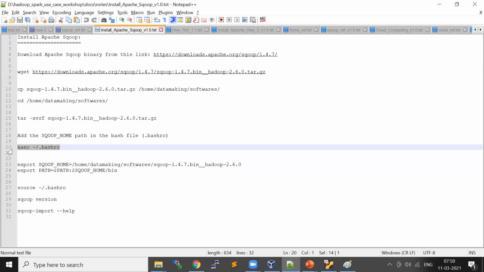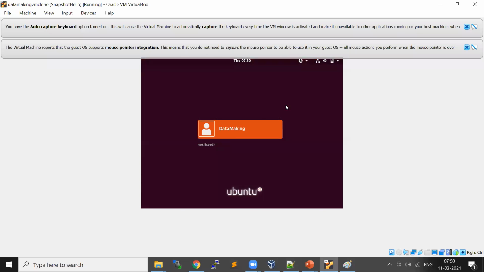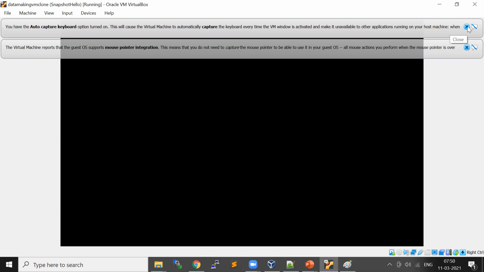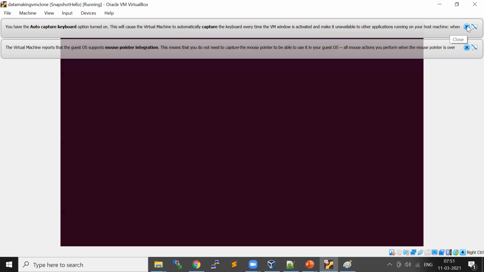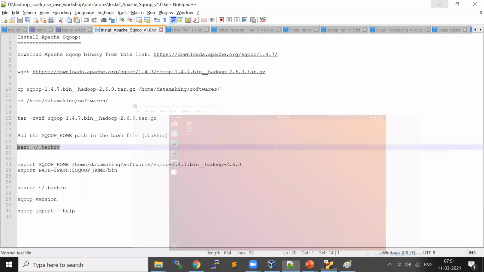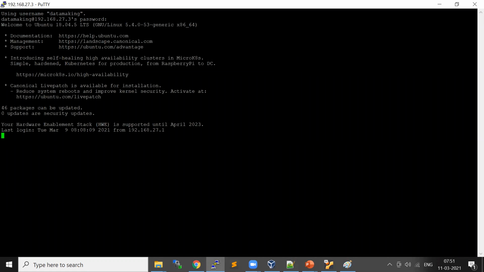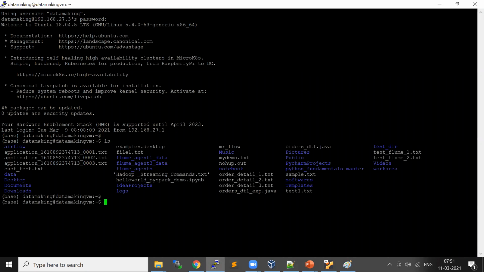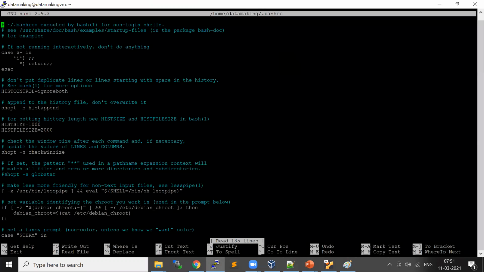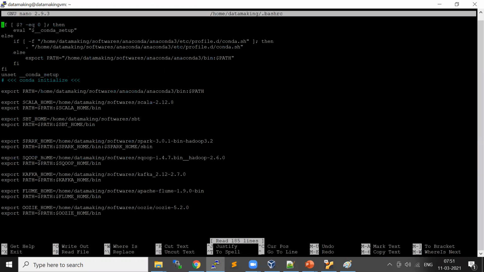Open the bashrc file. You just have to set the SQOOP_HOME directory, basically export SQOOP_HOME equal to the path where you extracted your Sqoop component. This is the location I set.